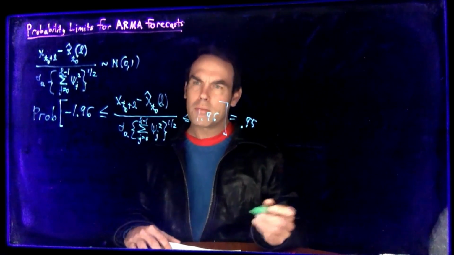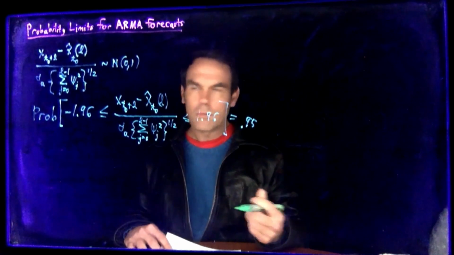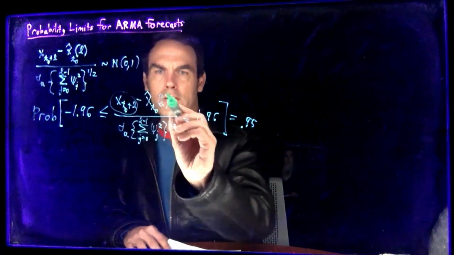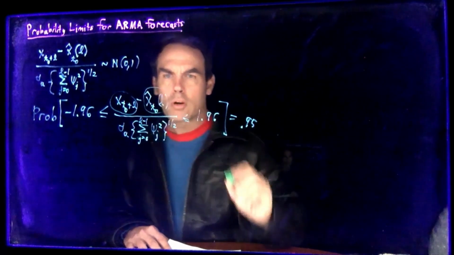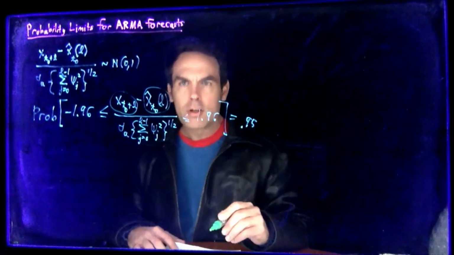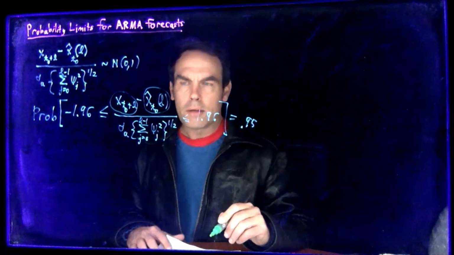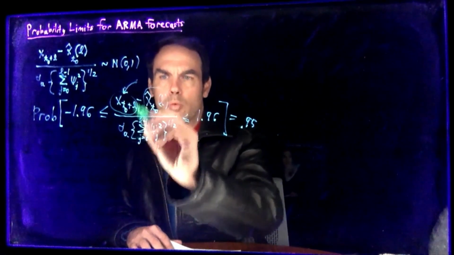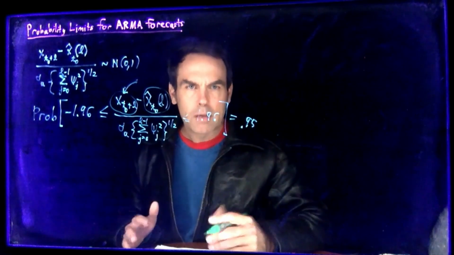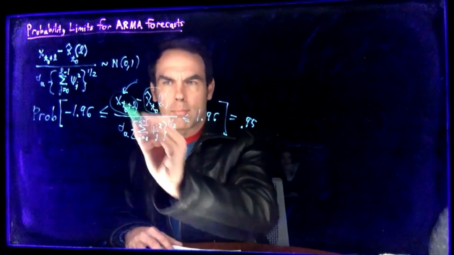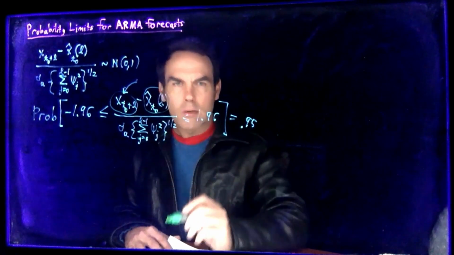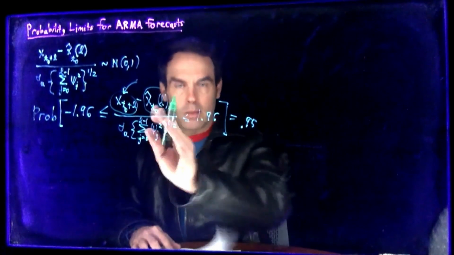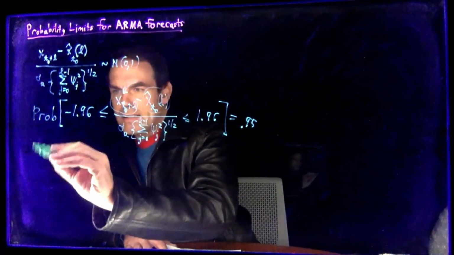One other thing I want us to make sure that we're recognizing is that this is the actual value, this is the predicted value, and what we're trying to do is to see how close they are to one another. And what we're going to do at this point is we want to solve for this value because we're trying to get the probability limits, the confidence interval limits for the parameter. Okay, so we're just going to do algebra from here on out to solve for this to get it isolated and in the middle. So the next step would be then,